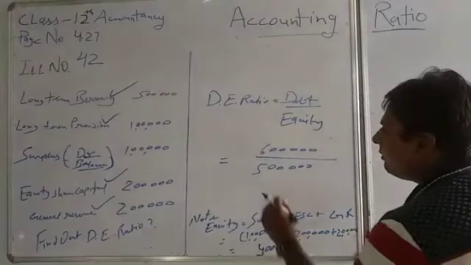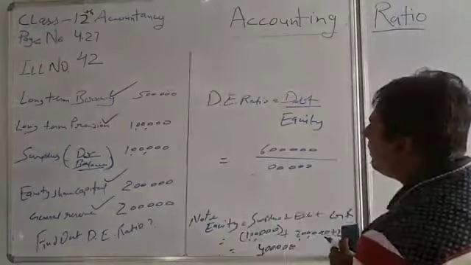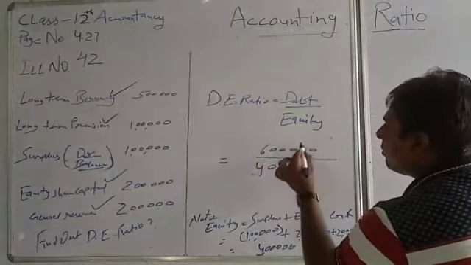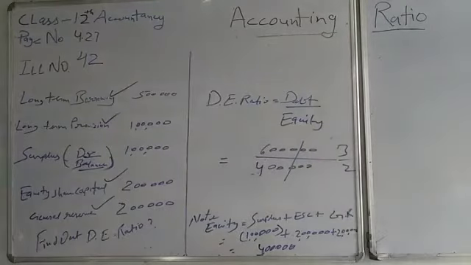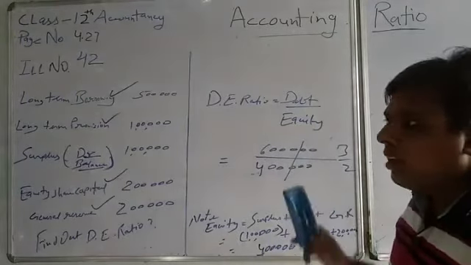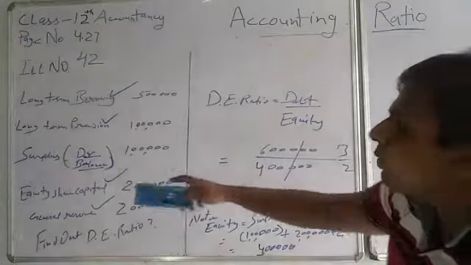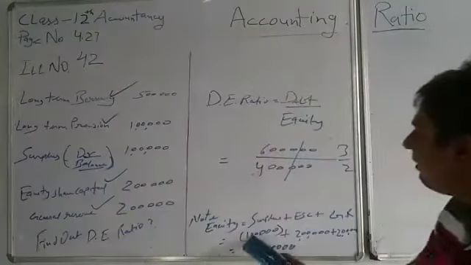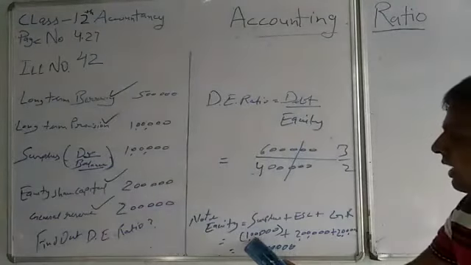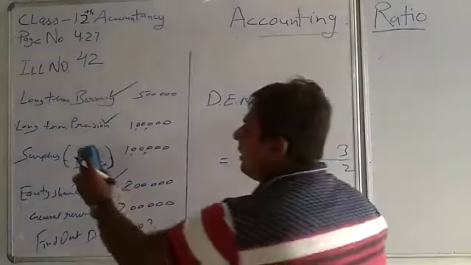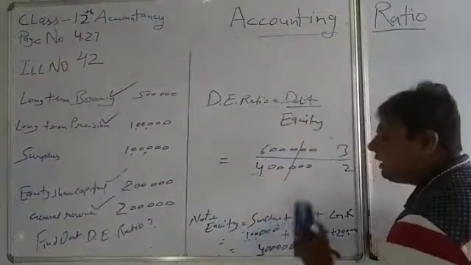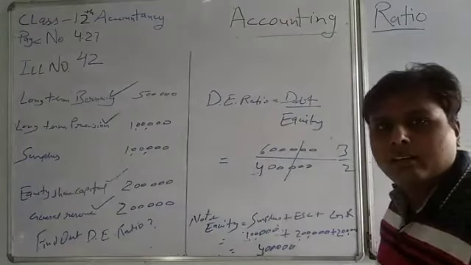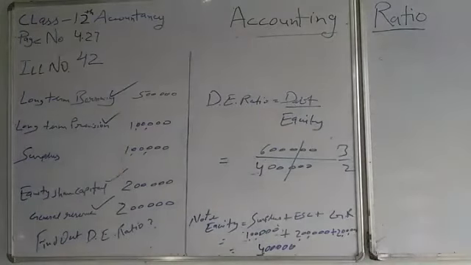4 lakh. Again here also it is written equity 4 lakh. So the new ratio will come 3:2. This is the second method. If the question has the debit balance, then this will happen. Then 1 lakh will be deducted. If debit balance is not given, then it will not be deducted. Remember? Okay.